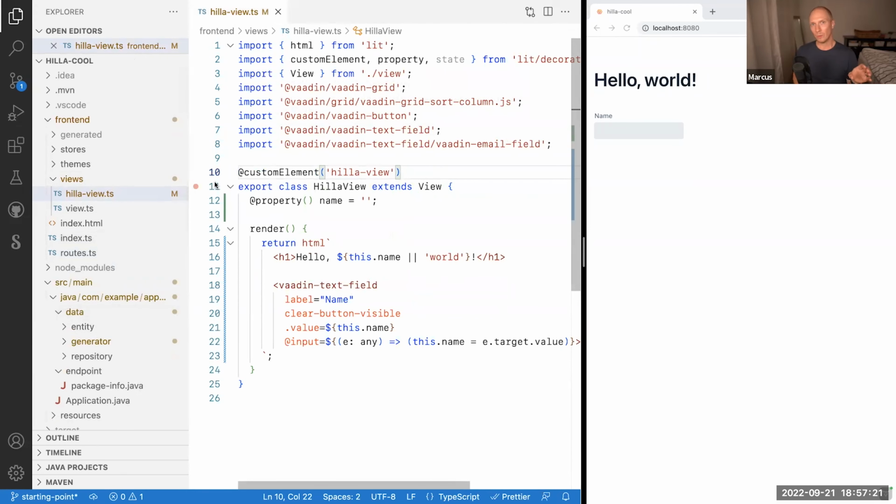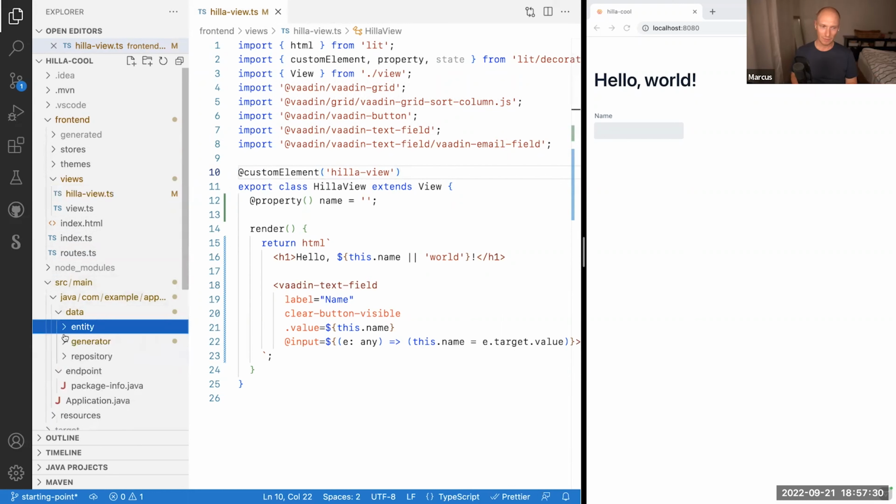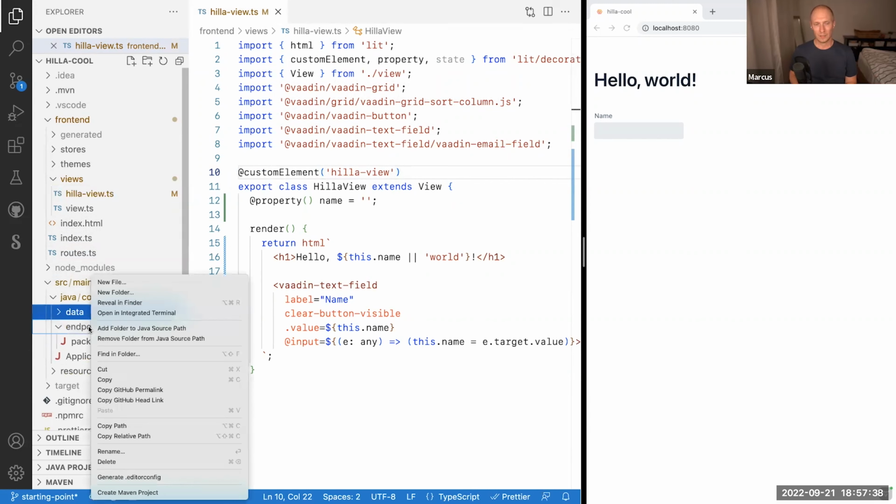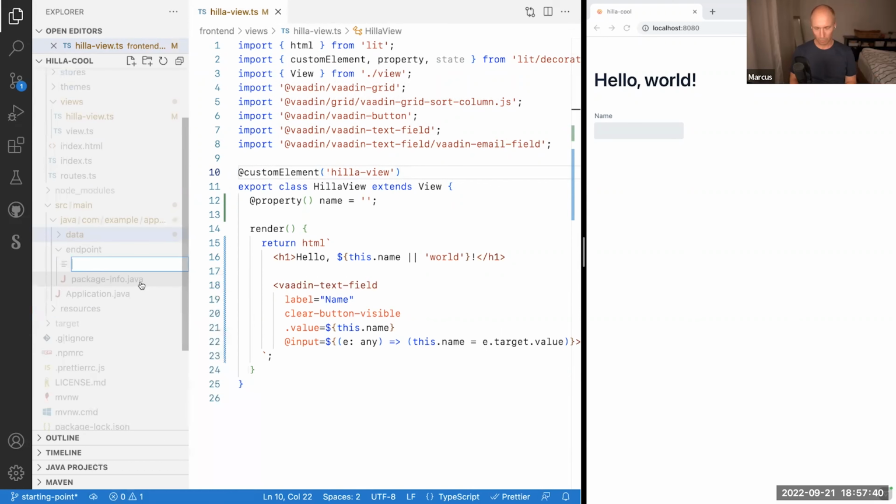So if we now want to access our backend, if we want to expose an endpoint in the backend so that we can access some of these person entities that I've created a little data generator, so we have a little set of data that we can work with. The way we go about accessing the backend is by creating an endpoint. So I'm going to call this person